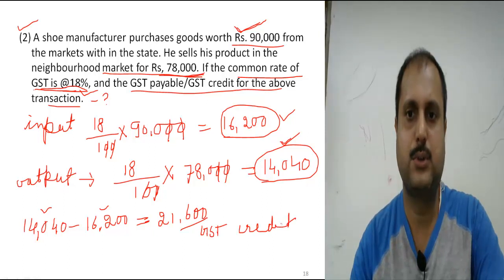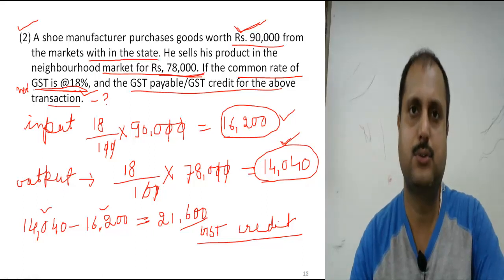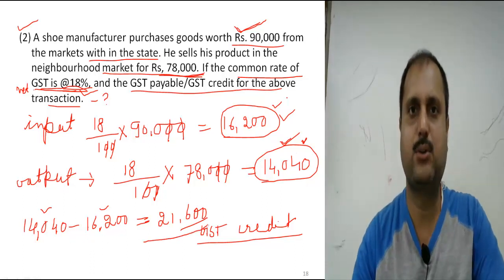So I hope that you have understood the question, and the answer also. It is a common rate of the net GST within the state. You should also remember it will be applicable for the central GST and the state GST. The common rate is 18%. That means 18% on the input as well as 18% on the output. So we have found the GST rate. This is the GST amount on the input and the output. We have subtracted it, then the net amount has arrived. So I hope that you have understood it.